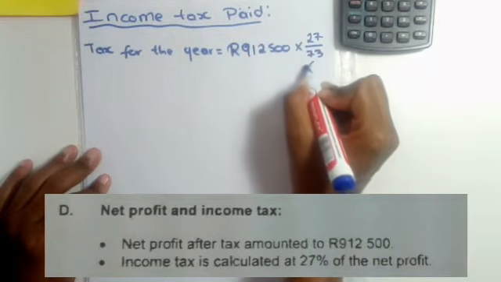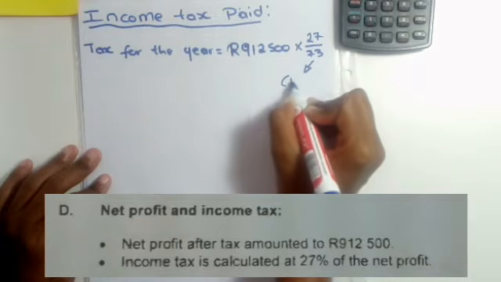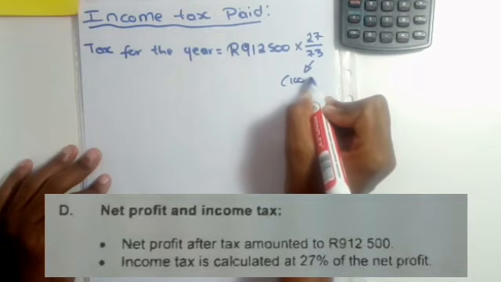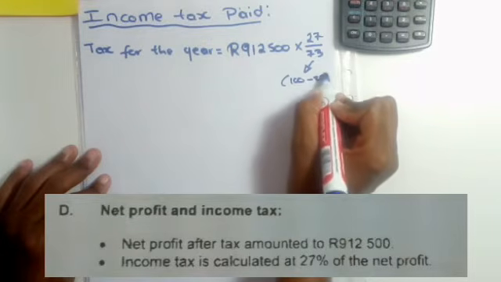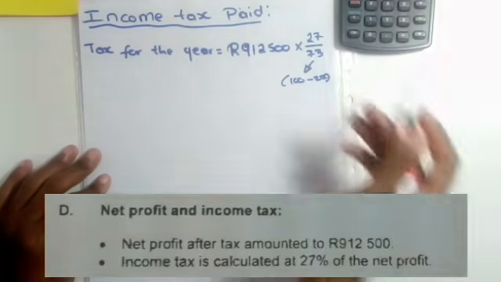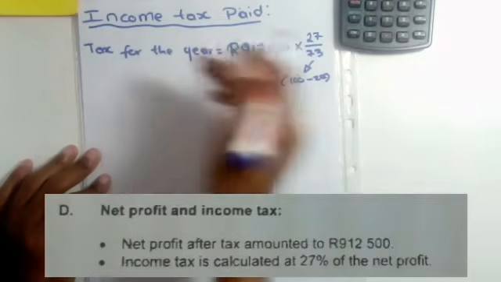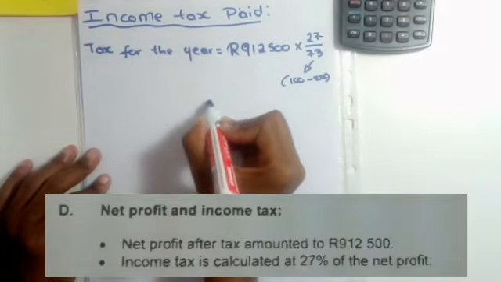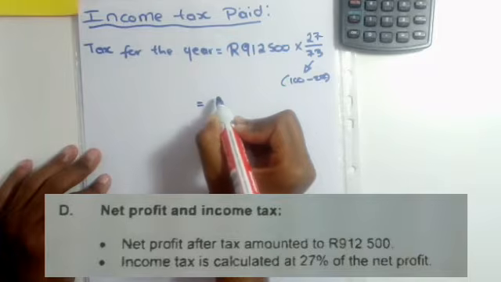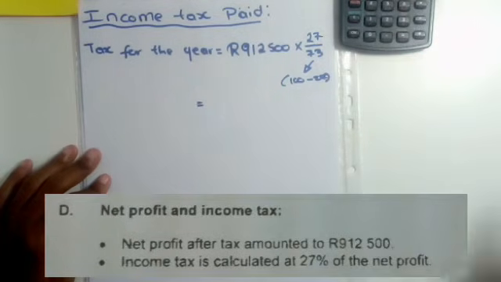Where do I get this 73? I just simply said 100, which is a full percentage. It's 100%, and I subtracted the 27, so I'm left with 73. So the tax for the year, when you punch this in your calculator, it will tell you that the amount of tax for the year that I get is